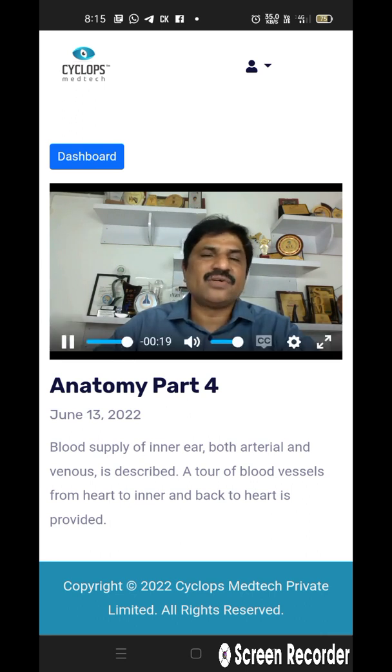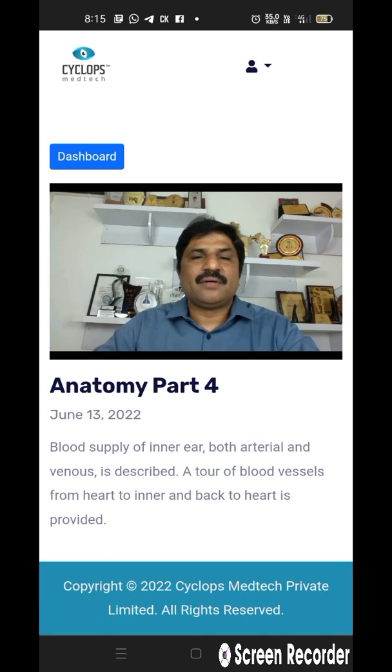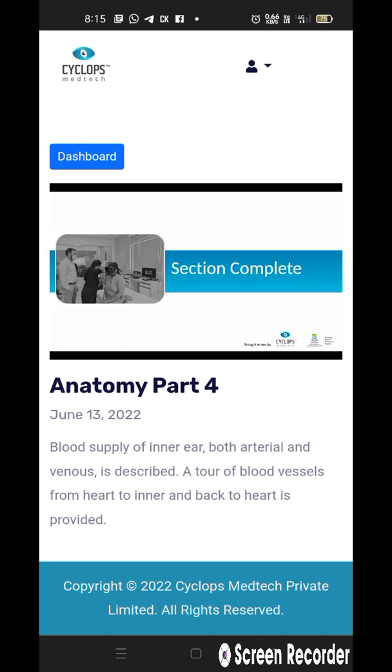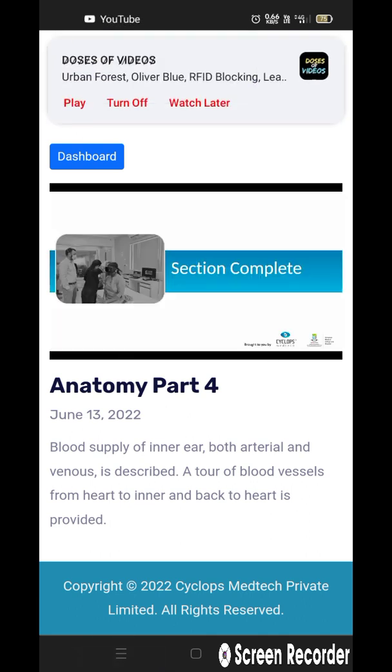Also we saw that the blood supply of the inner ear, especially the arterial supply, will mimic the nerve supply, which we will be seeing in a later lecture. So with that we complete the tour of the blood